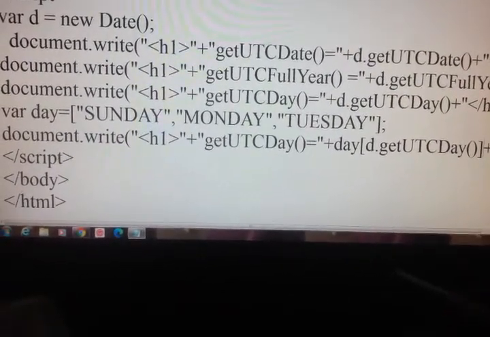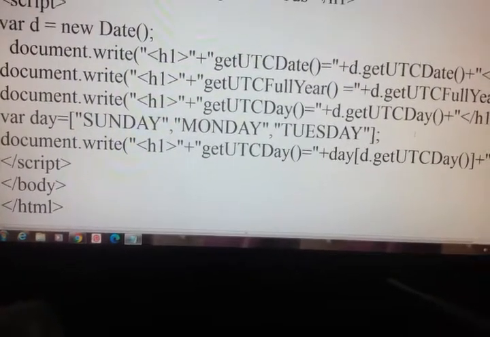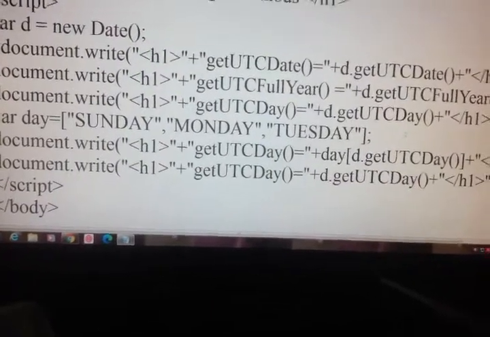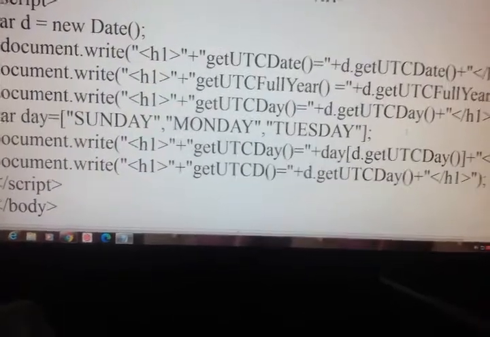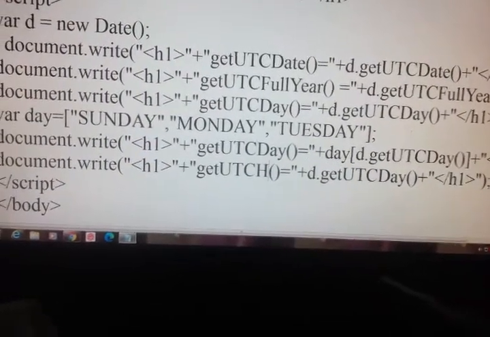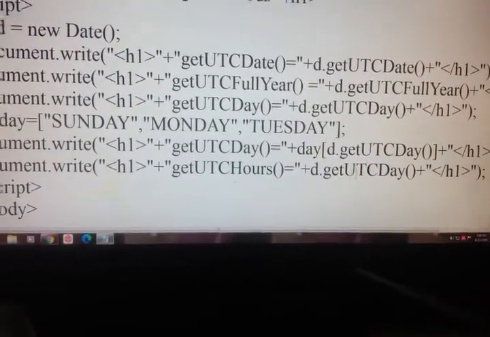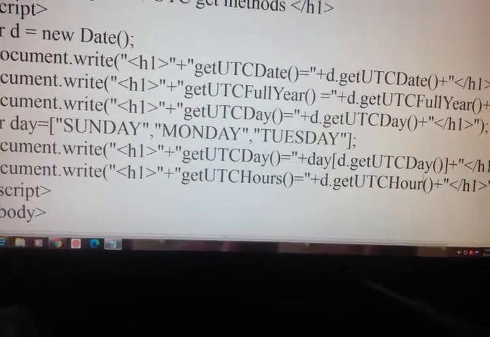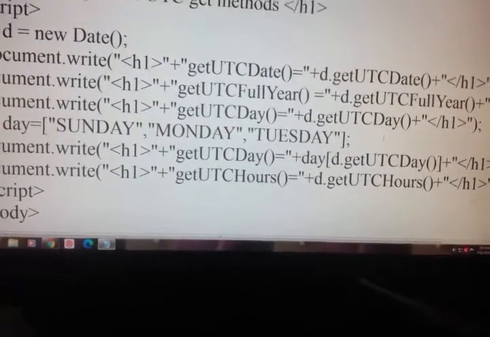Hours, so getUTCHours. Hours, Ctrl S, F5, yeah.